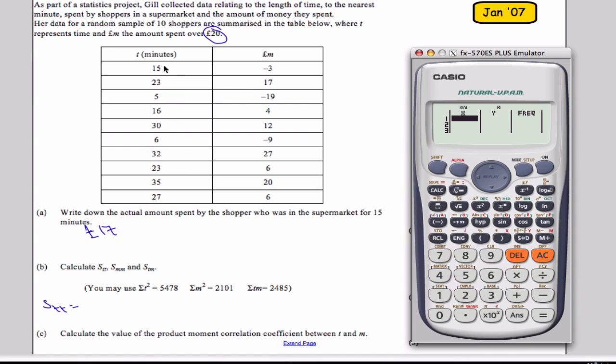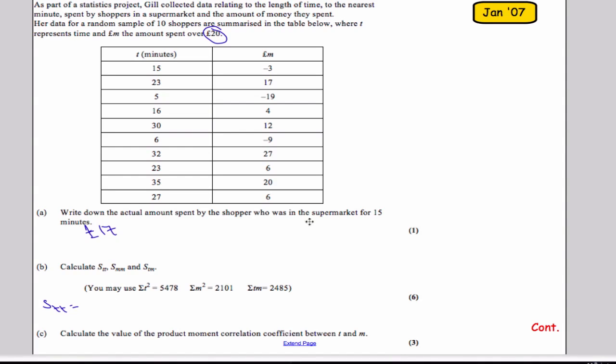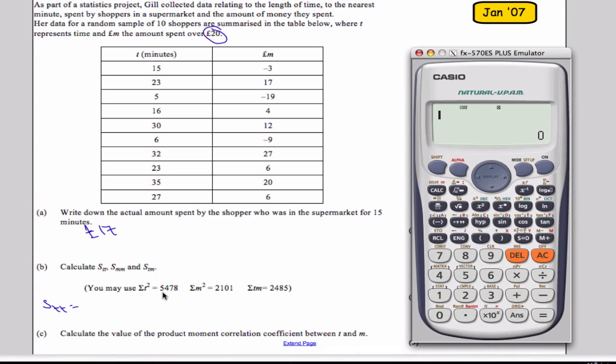So I'm going to pause the video and just enter this data in now. And just entering the last one in there. So that's my data gone in. In order to get STT, it'll be the sum of T squared, which is 5478, minus the sum of T all squared. I can take that out of here. Sum of T is the same as sum of X, all squared, and that is to be divided